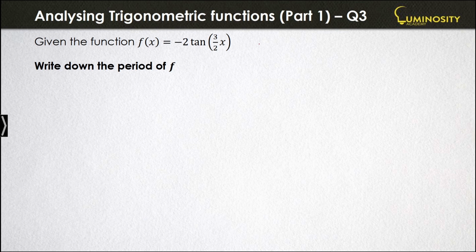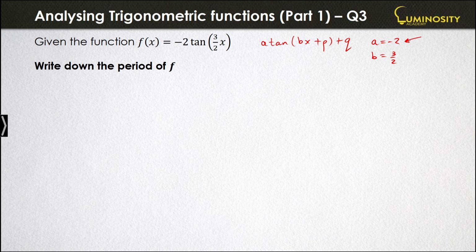So this is in the general form right now: a times tan of bx plus p, plus q. Okay, there's no p value, so there's no horizontal shift. There's no q value, so there's no vertical shift up or down. But there is an a value of negative 2 and a b value of 3 over 2. So this a of negative 2 means it's a vertical stretch by a factor of 2. And because of the negative, it's also a tan graph that's been reflected about the x-axis,